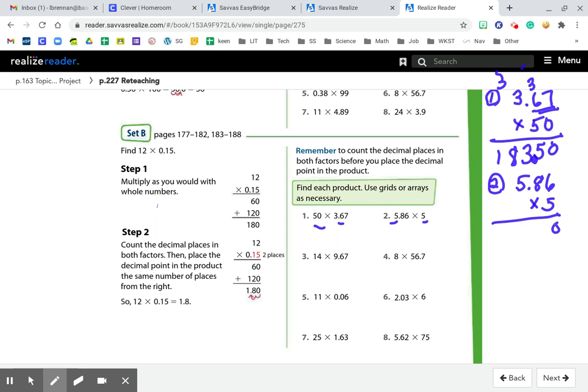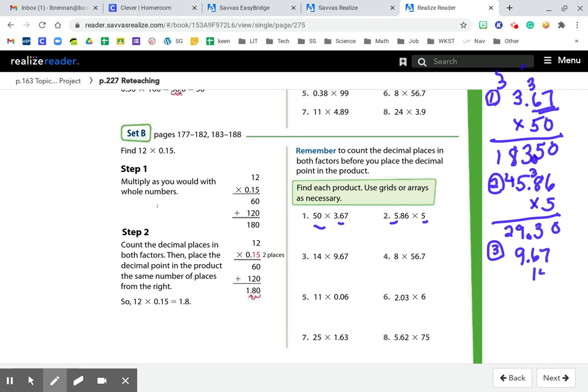6 times 5 is 30. Carry the 3. 8 times 5 is 40 plus 3. 5 times 5 is 25 plus 4 is 29. 2 digits in decimal place value in the problem, 2 in the answer. My final answer is 29.3 or 29.30. Number 3,